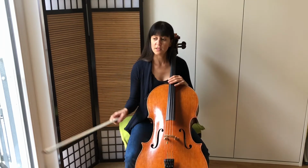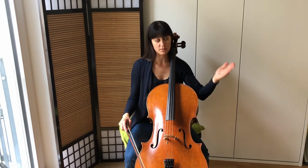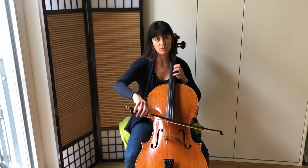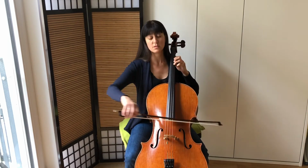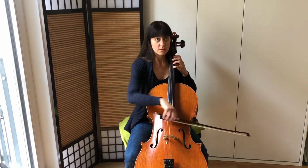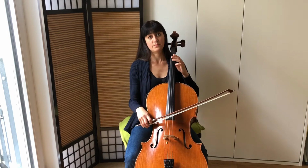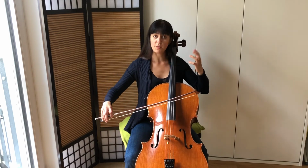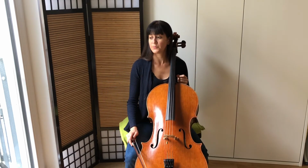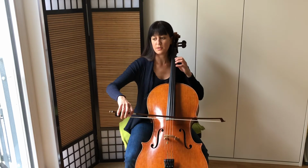Okay, and then in this next phrase, here you could differentiate more between dominant and tonic. So you have here the A7, and then D minor, G7, and C major. Okay, so you could just make that structure a little bit clearer. And then, yes, okay, this,